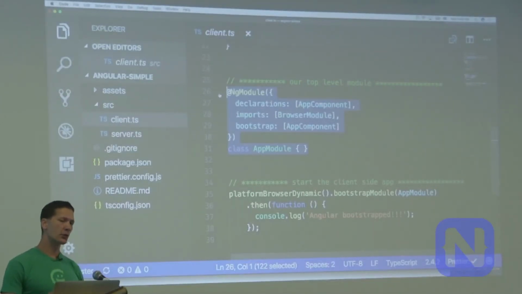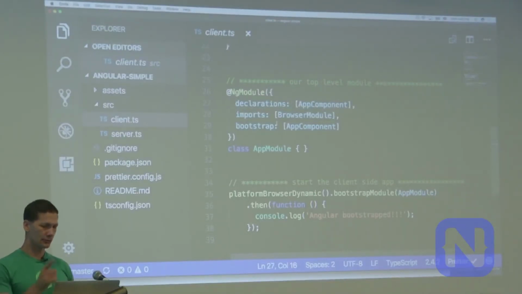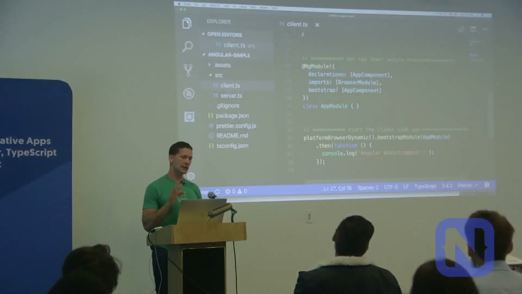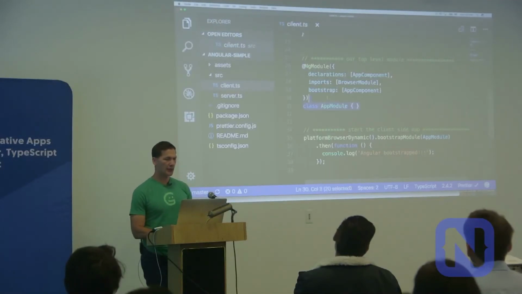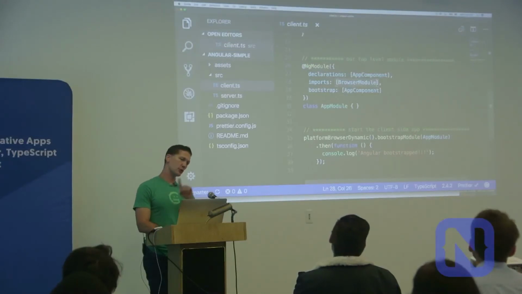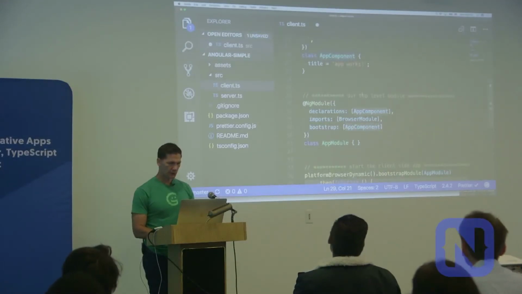But actually, we won't get to it in this example, I have other examples using multiple modules. But if you do want to use lazy loading and you do want to use some more advanced features, you will want to break up your app into multiple modules. But Angular makes that pretty simple. It basically comes down to, if we have time, I'll hand code one in the other code base when I switch to that. But basically, it's creating something like this for a small set of files, and then you bring in the module from your subdirectory into the top level module. So we'll see if we can get to that.